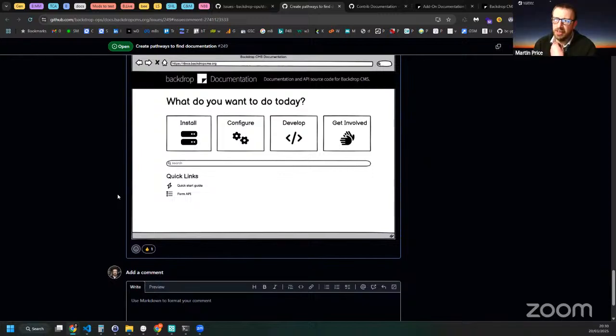Yeah, I was thinking views could be a way around it, because you can make the views look like anything you want, really, can't you? Or we could use taxonomy, if we had some mapping of what section you think this page belongs in, that could include install, configure, develop, get involved. And maybe any other options that might not be the big 4, but there are still